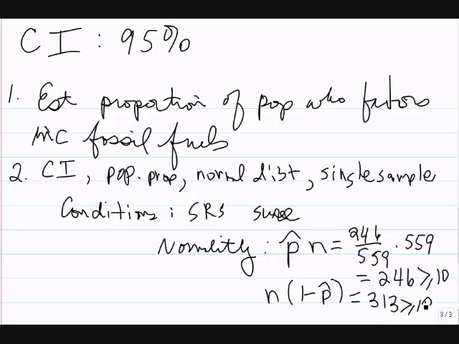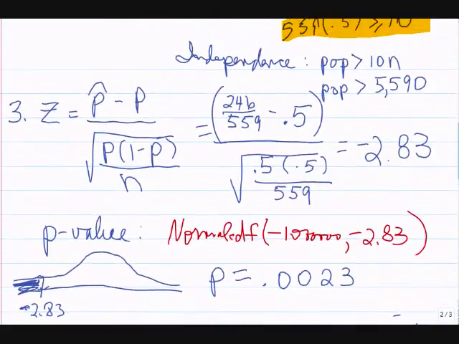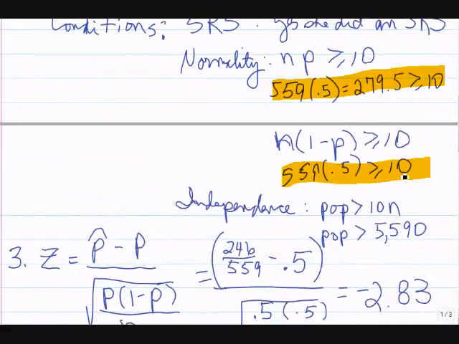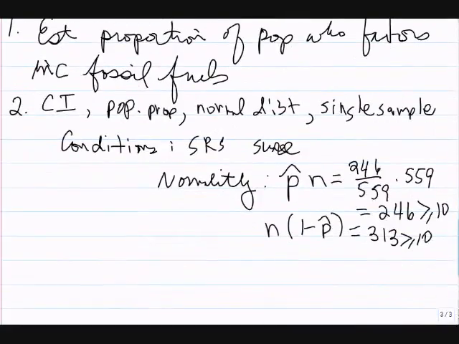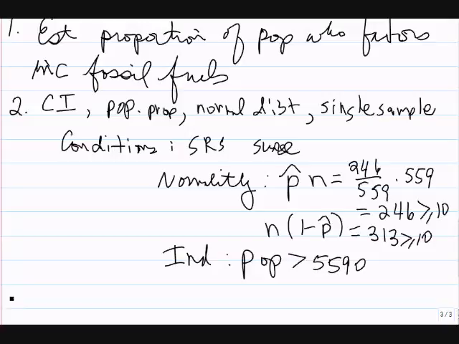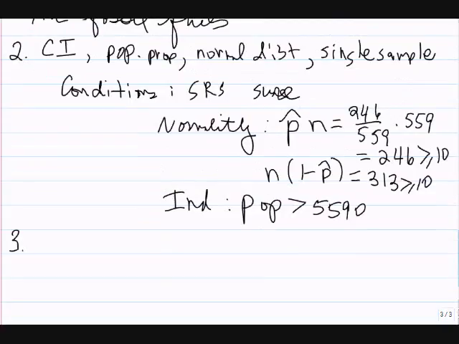But that check is just a little bit different. When we did the check before, we did 279.5 greater than or equal to 10, rather than 246 and 313 greater than or equal to 10. Okay? And independence, our population needs to be greater than 5,590 again. My confidence interval is the sample proportion